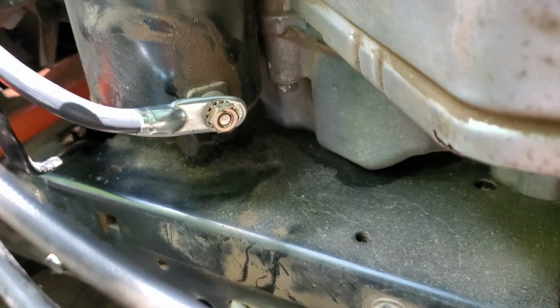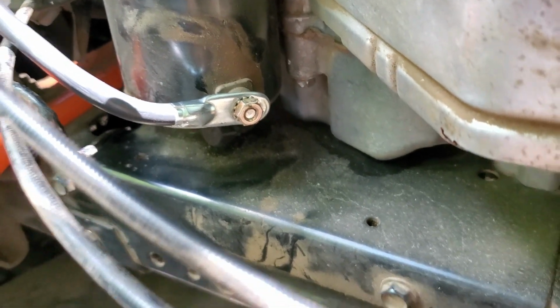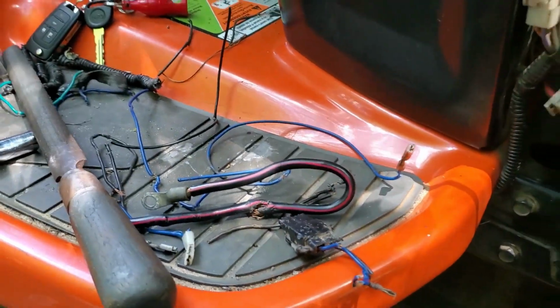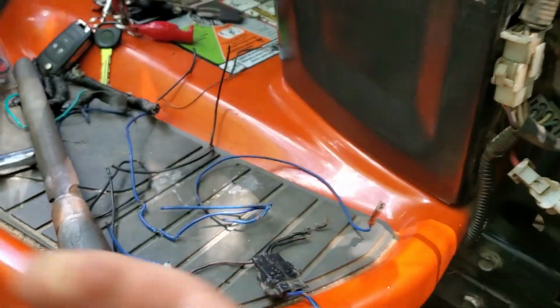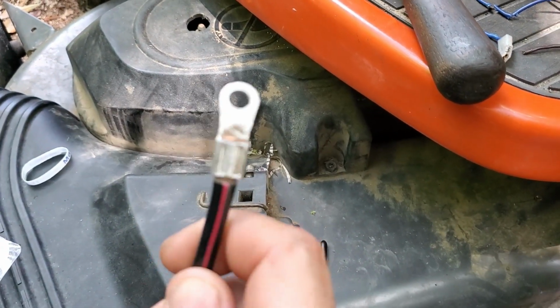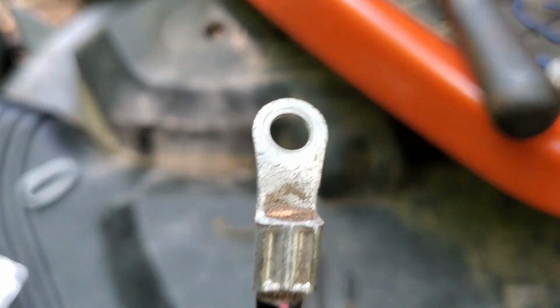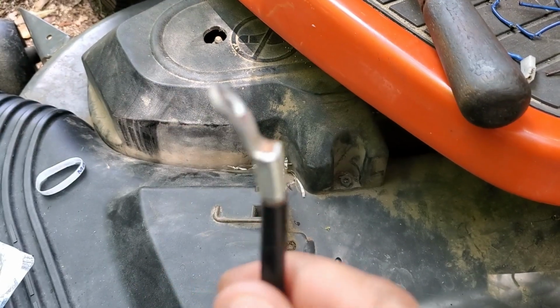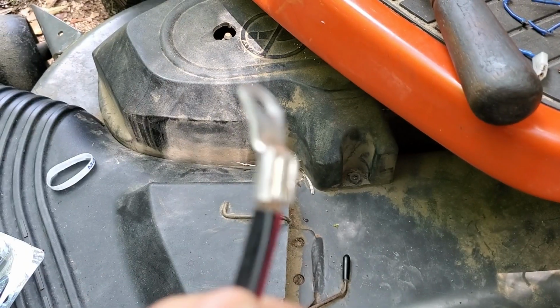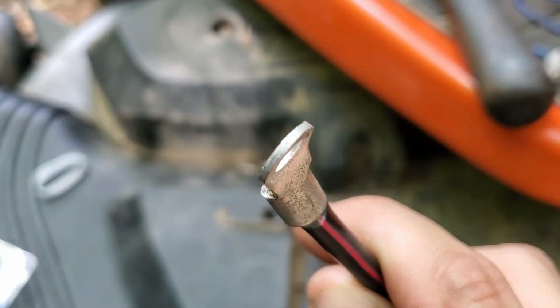They are a little big, but the nut is big enough to hold it on. And I may need to invest in it. I haven't had very many needs for it, but I am starting to. Come on, focus on this. Thank you. All right. I need to get a crimper tool for this style of connector,